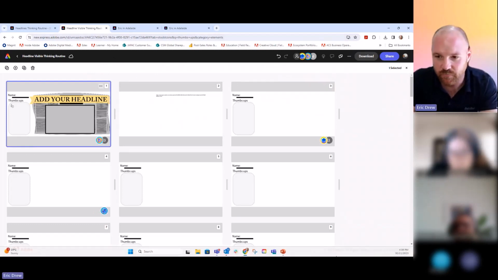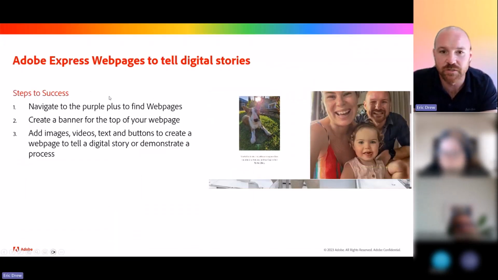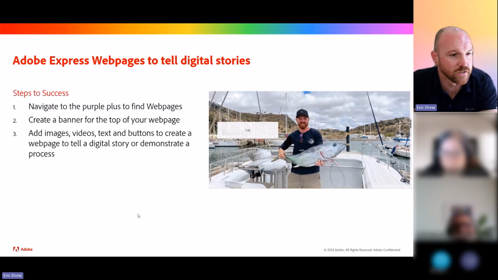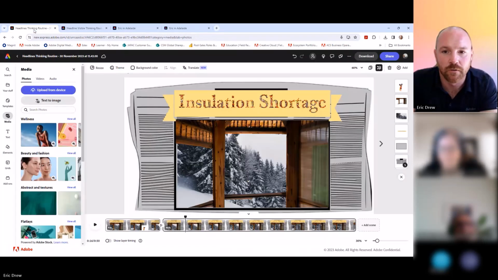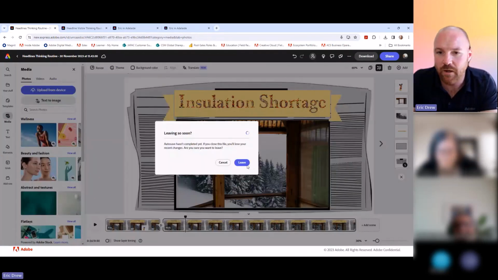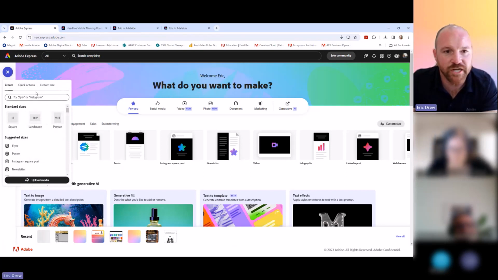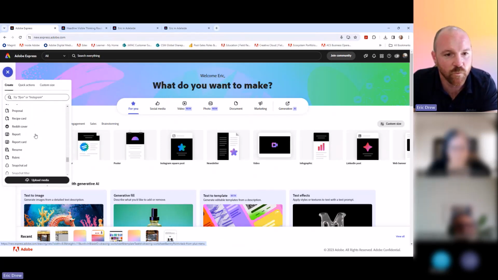So next, what I wanted to do is just show you how web pages can be used to tell digital stories as well. So when you're in Adobe Express, if you go back home, when you're starting a new project here, this is all in alphabetical order from here, right? So if you scroll down all the way to web pages,